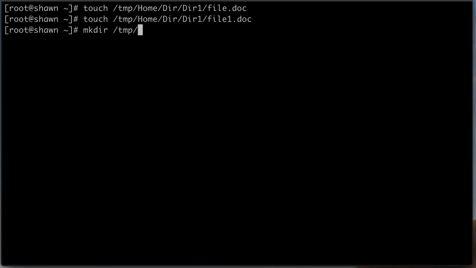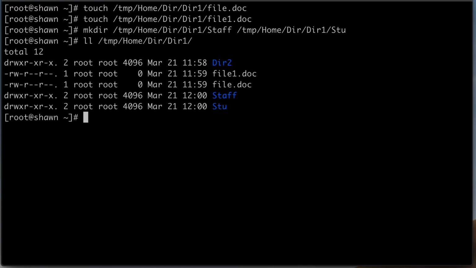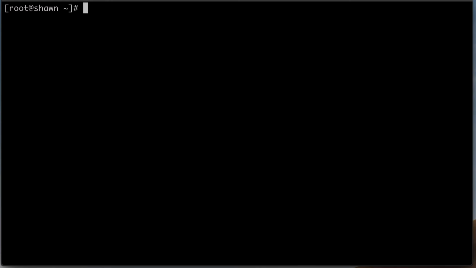temp home dir1. This directory is going to be staff, and then we're going to do another one. This one's going to be stu. So if you just take a look, dir1 has the files, file and file1, and the two directories that were already created earlier, staff and stu. Okay. So now we can move on to the second question,